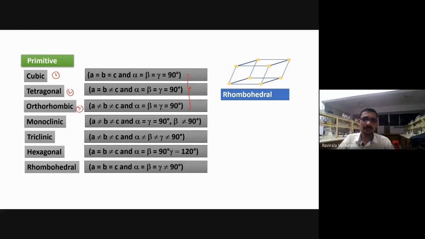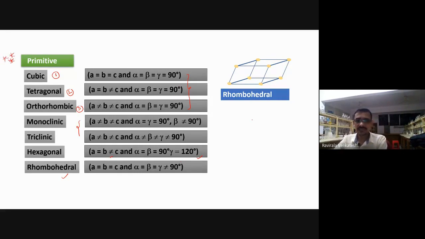Next, after that, what happened? You have to go in this way. Similarly, monoclinic here. Take rhombohedral, you take first. Again, all are same. Gamma not equal to 90 degrees. Next, one is beta, B not equal to C. This you need to remember. And all are not equal. In this way, if you go, it will be easy for you. So this is very compulsory in examination. And in the PT2 exam also, you may get one question from this.